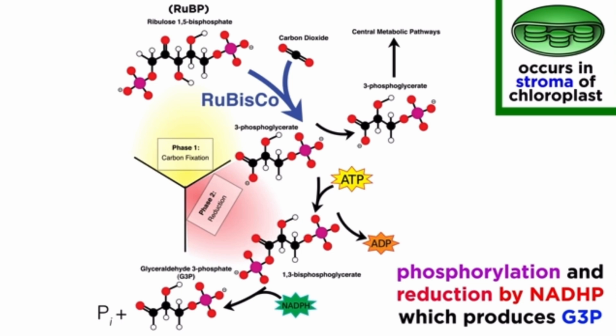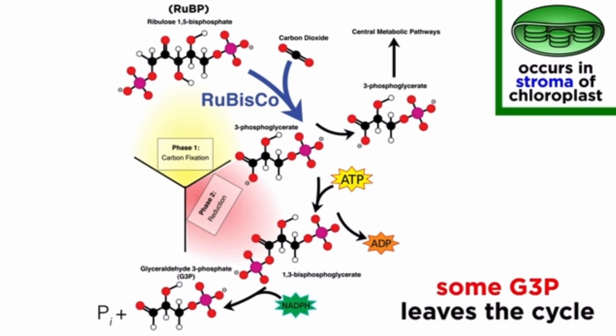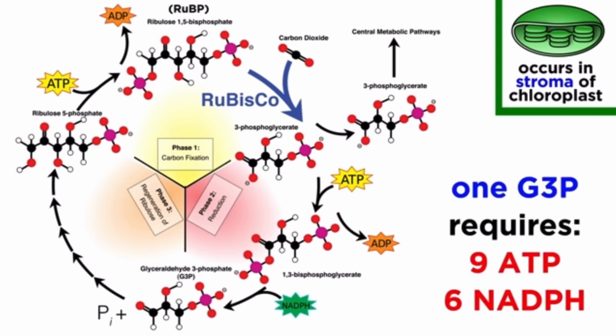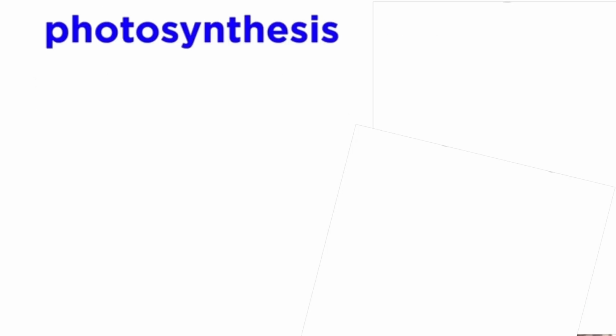Each of these molecules receives a phosphate from ATP and is reduced by NADPH, which loses a phosphate and becomes glyceraldehyde 3-phosphate. Some of this G3P is the output of the Calvin cycle, going on to other pathways that generate glucose and other organic compounds. And some goes back to generate more RuBP and start the cycle all over again. To generate a net output of 1 G3P, a cycle needs 9 ATP